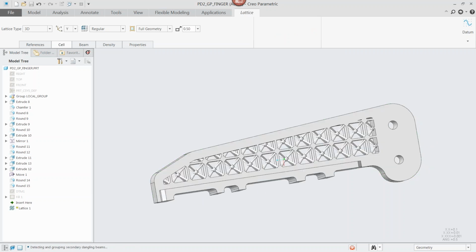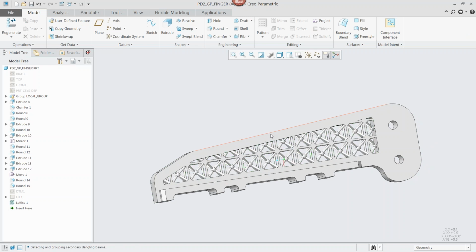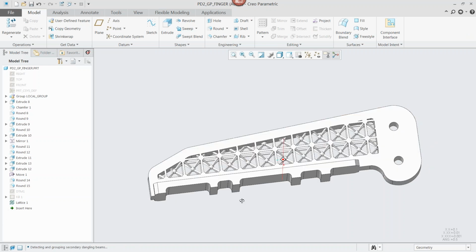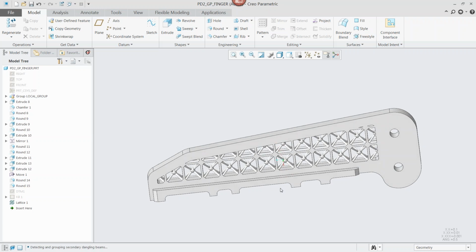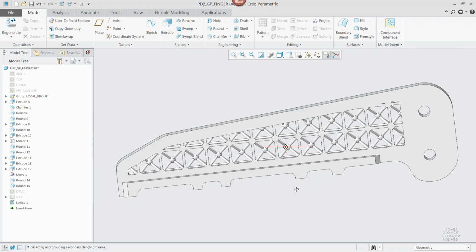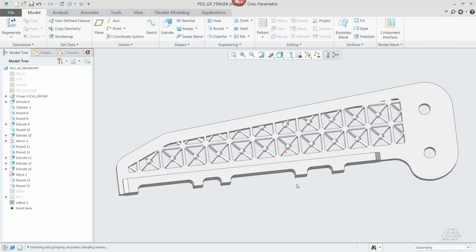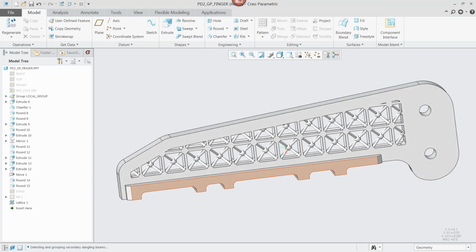Now, the additive manufacturing extension can work really seamlessly with all the other extensions. It's just going to be another feature in our model tree. And one of the things in particular that you can do with this and go beyond what we've done here is if you ever do simulations with Creo and you want to simulate this and actually optimize this particular piece, you can run a full simulation just as you would another Creo piece. You're going to see how it holds up